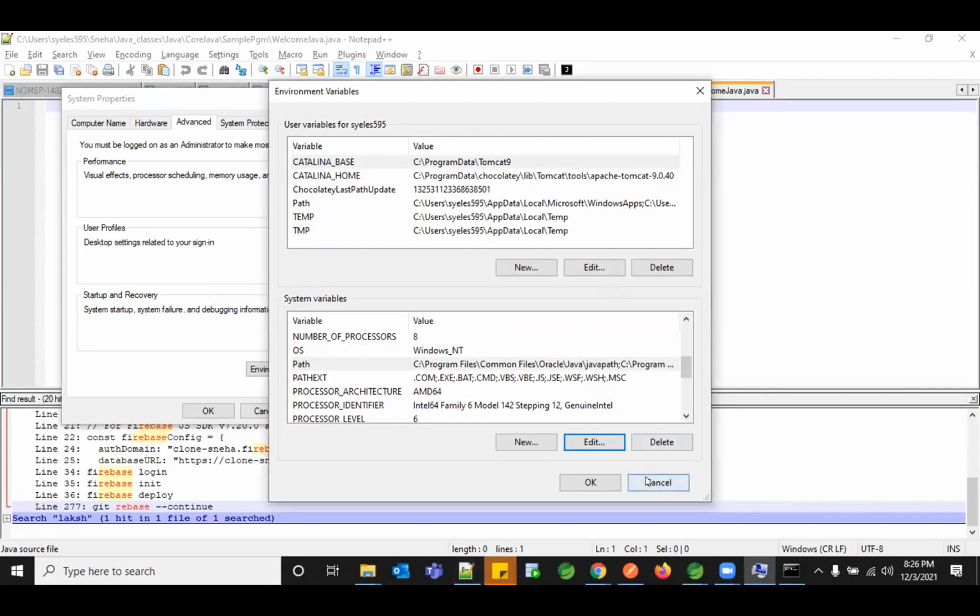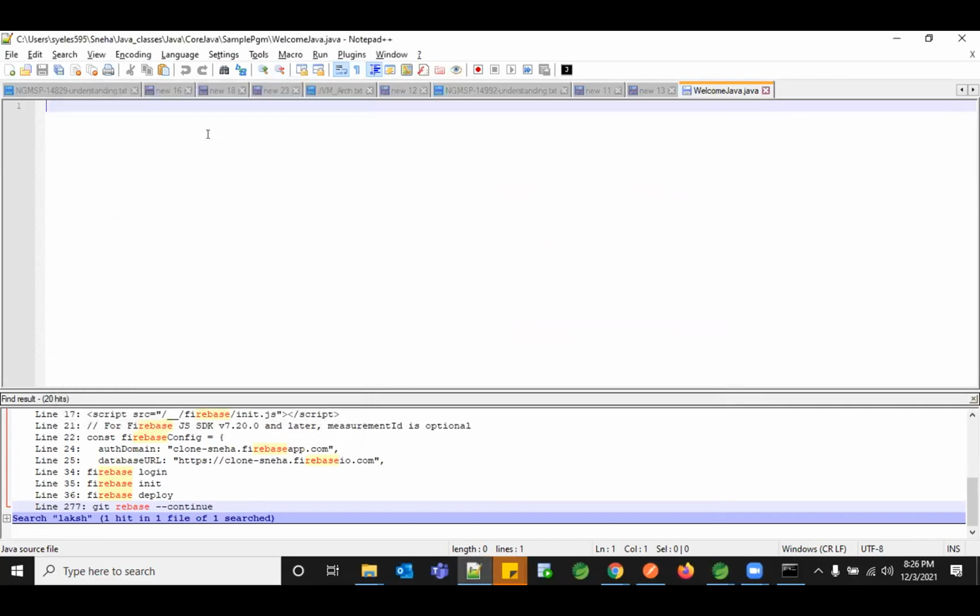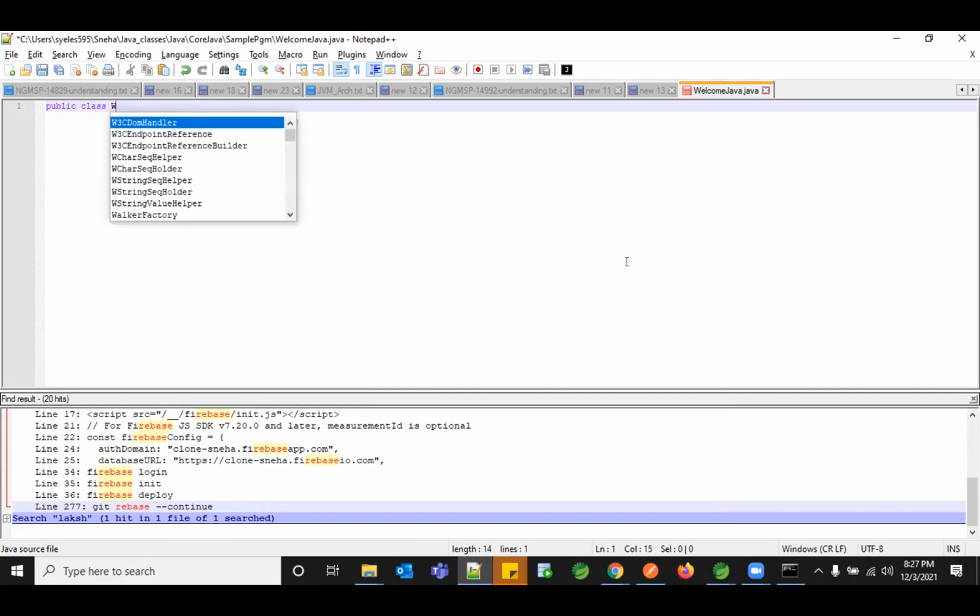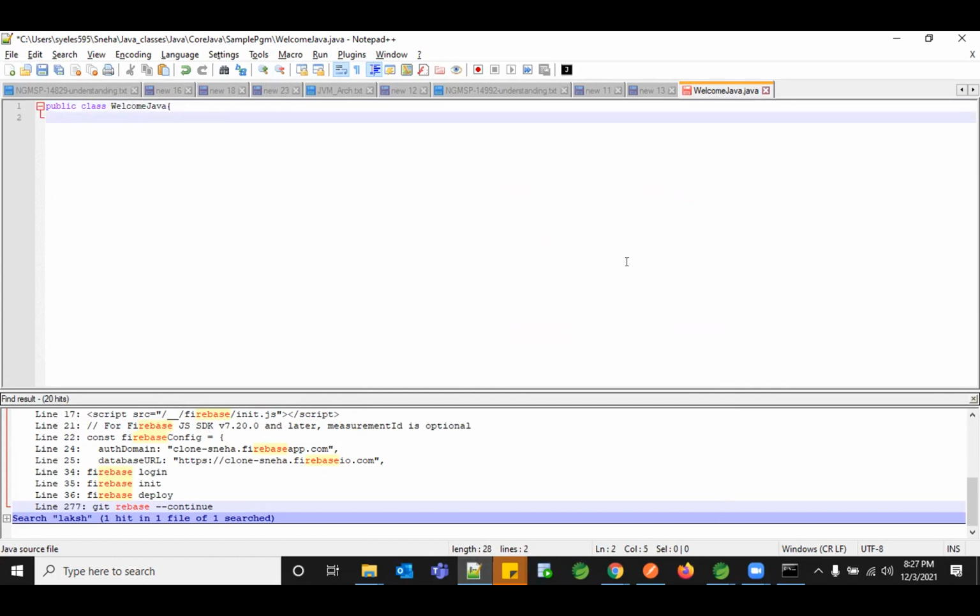Sure. So now we need to start with the template. You always have to write your class name the same as your file name which you have created. If you have a mismatch, it will not execute your program. So you always have your class name defined with the keyword public followed by the keyword class and the file name whichever you have created. Open a curly brace and have one more curly brace which ends. This is the first step you have to do for creating a class structure.